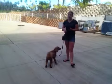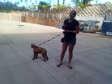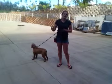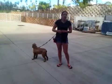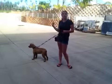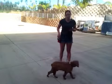pretty much all the distraction we need is just by being out here. We're in a different place. The other dogs know we're right across the fence, and so they're whining, and so that kind of throws him off. Since he's been doing training so much in the garage, he's super comfortable with that. This is right out there, it's somewhat familiar, but Theodore doesn't spend time out here, so that in itself is